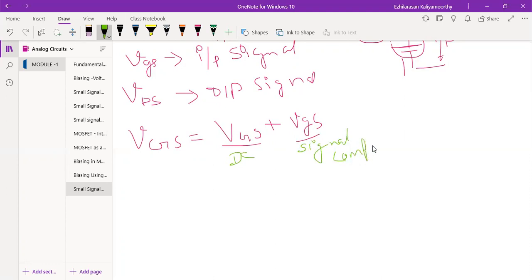So this is because if you want to perform the small signal analysis for a very small signal, sometimes the device will work beyond the threshold voltage, as you know, correct? But when you're applying the AC signal on top of the DC, we have to apply only a small signal.